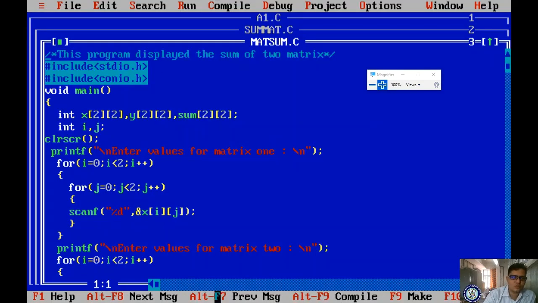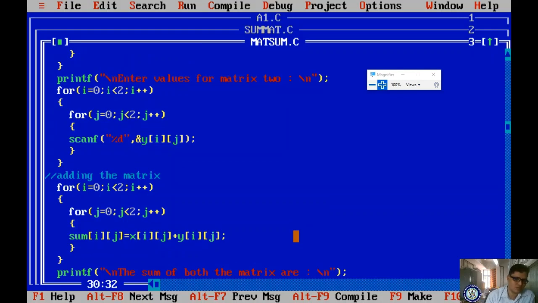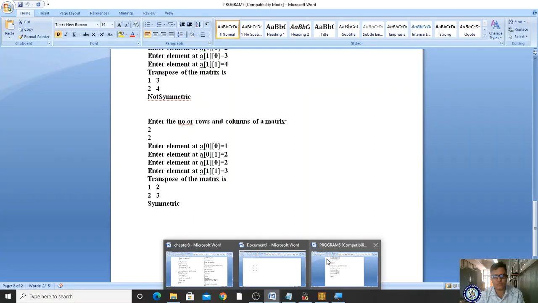Okay, so sometimes it will give a garbage value. If a garbage value is not present, then you can directly process like this information. Okay, yes, now fine. Okay, so that is your program.